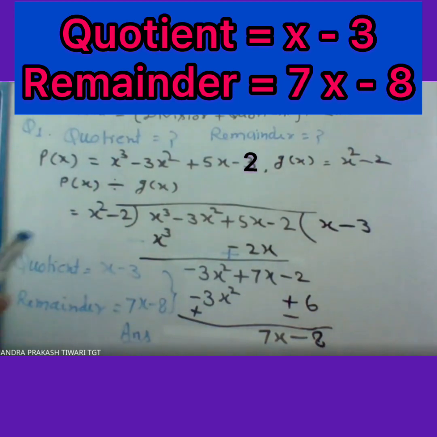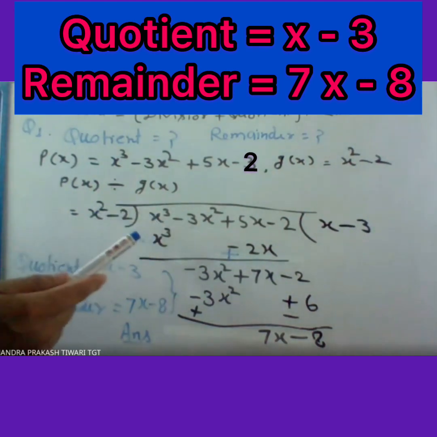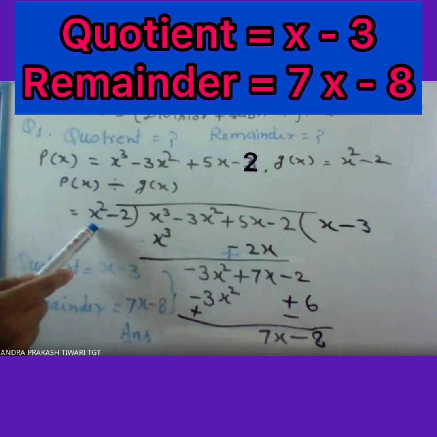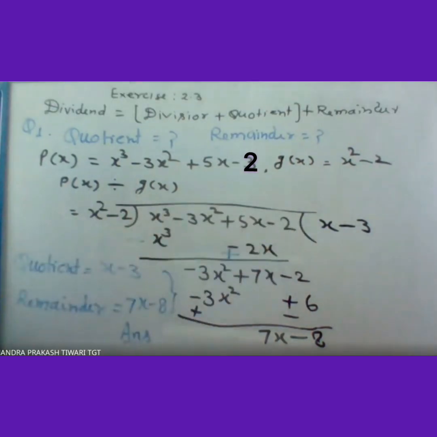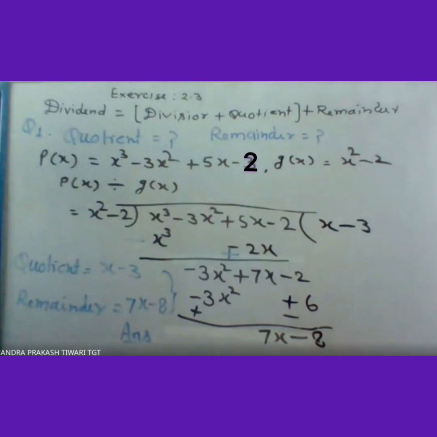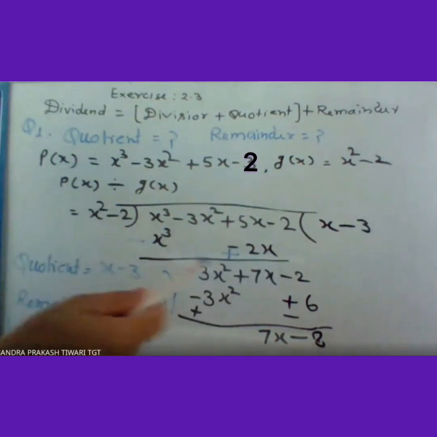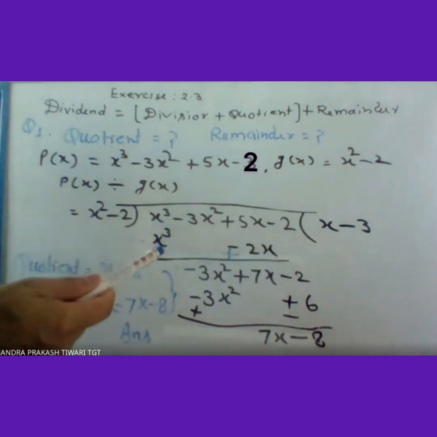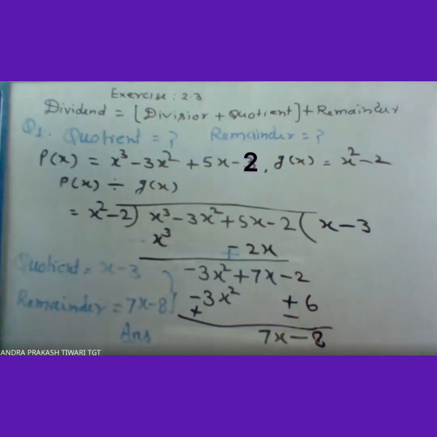अब क्या करेंगे? अब आप देखेंगे कि यहाँ पे डिग्री क्या है. जो भी डिग्री हो उससे 1 डिग्री कम करके यहाँ पे लिखेंगे. ठीक है, तो आप देखो यहाँ पे डिग्री कितना था? 3 था, और यहाँ पे डिग्री क्या था? 2. तो उससे 1 डिग्री कम कर लिया. यहाँ पे 2 डिग्री है तो 2 डिग्री में 1 कम कर दो तो क्या हो जाएगा? ओनली ये आपका हो जाएगा. ठीक है, सिंगल टर्म. और उसके बाद में फिर आप इसी को मल्टीप्लाई करेंगे तो आपको सेम ही डिग्री का टर्म मिलेगा और आपका आंसर इसी प्रोसेस से आगे आ जाएगा.